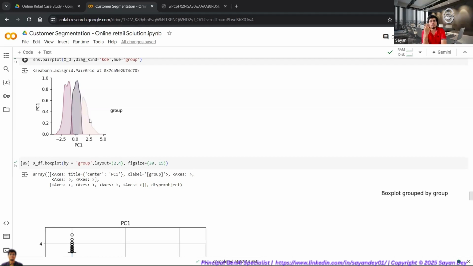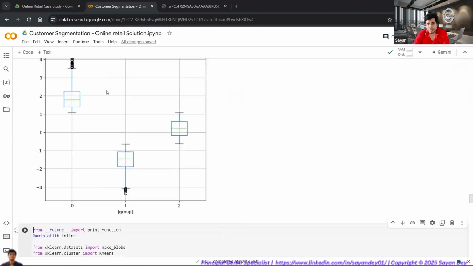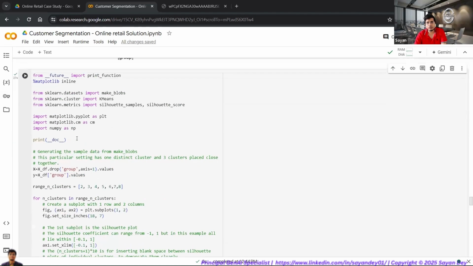The objective of clustering is to create distinct and compact clusters, which we are able to achieve right now. Okay, and now the last part, I wanted to show you the silhouette scores, and the silhouette scores part is